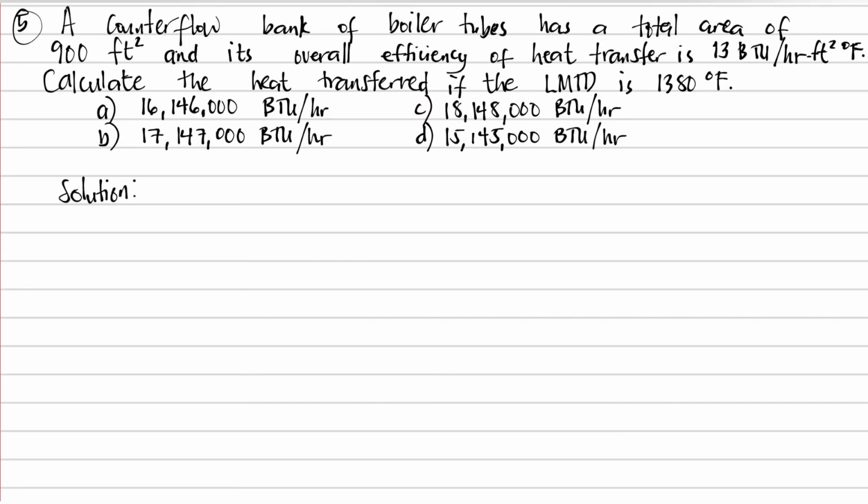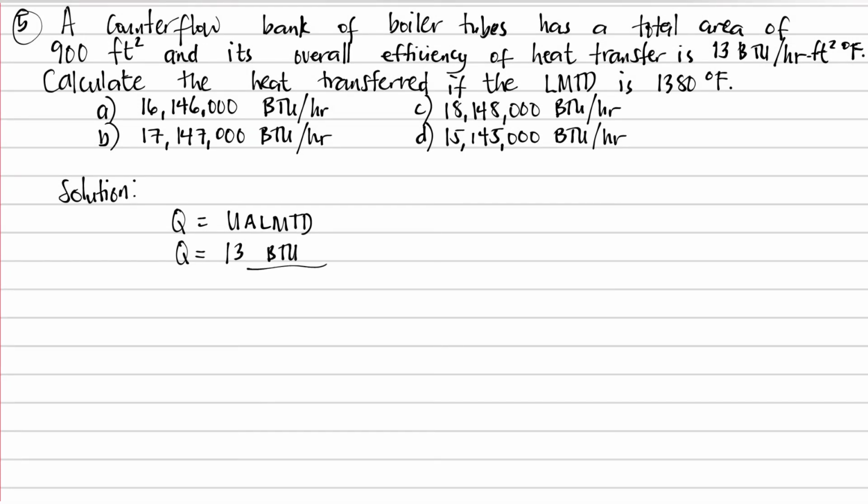So, solution, we have formula for the heat transfer kapag involve ang LMTD or log mean temperature difference. So, since meron kang overall coefficient of heat transfer, gamitin natin yung formula na U na malaki multiplied by the area times the LMTD. So, Q is equals to UA LMTD. Substitute the values. So, we have 13